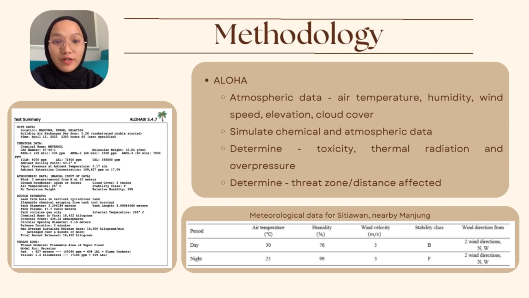the atmospheric data of Seri Manjung is obtained using windfinder.com to get the air temperature, humidity, wind speed, elevation, and cloud cover, to simulate the chemical data and atmospheric data in Aloha. The next step is to determine the toxicity, thermal radiation, and overpressure, which is also in Aloha, and to obtain the threat zone,